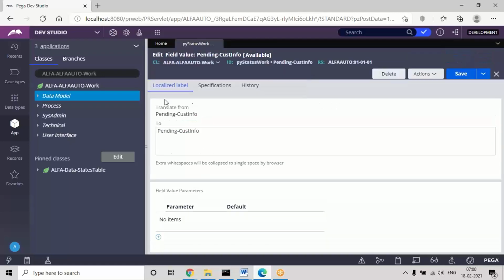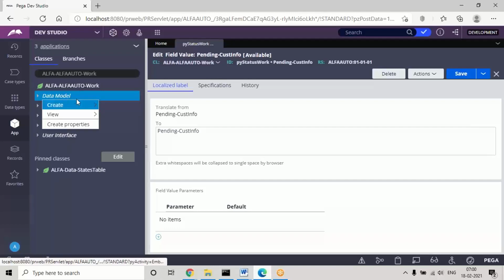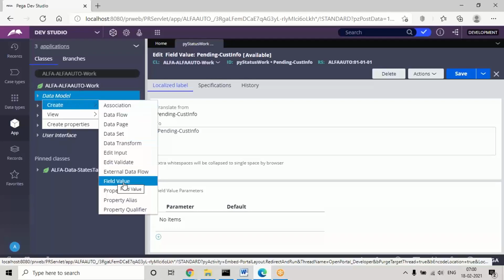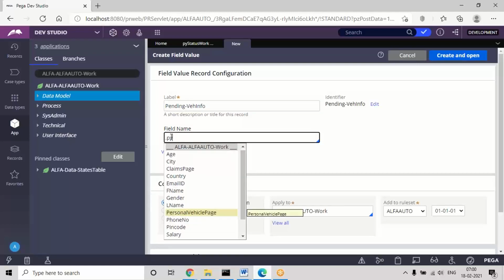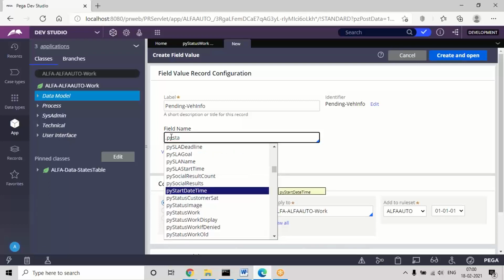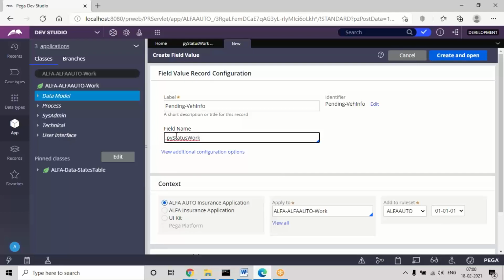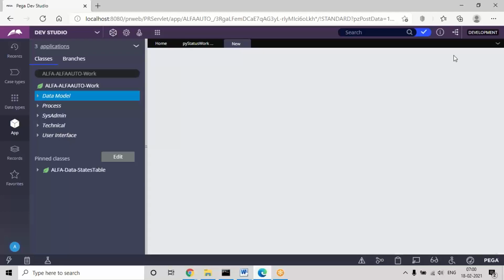Like that, I'm going to add one more status. Again open data model, field value. Select the field as pyStatusWork and open.